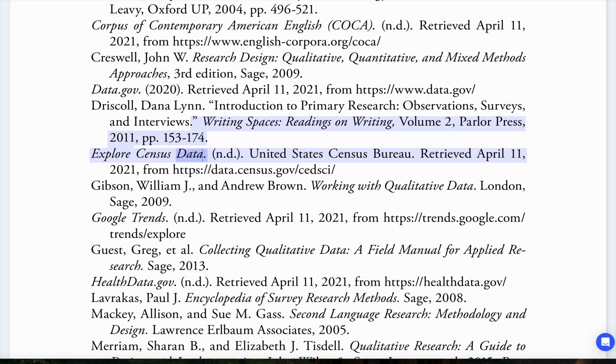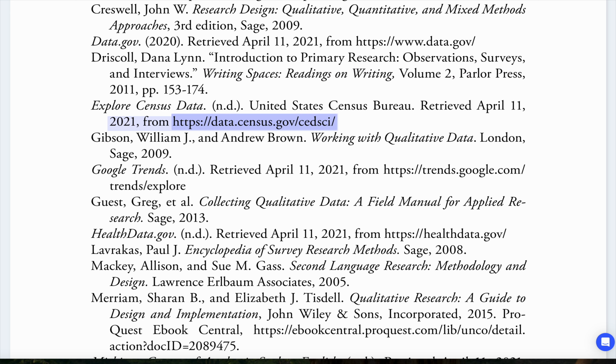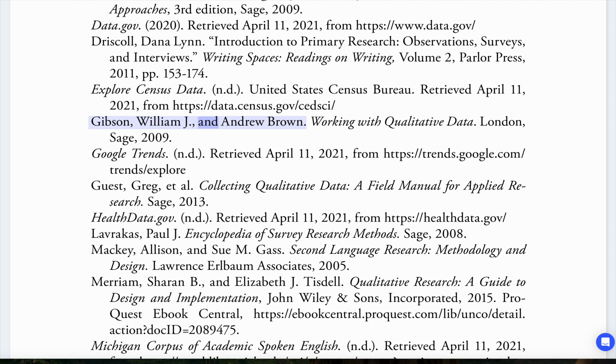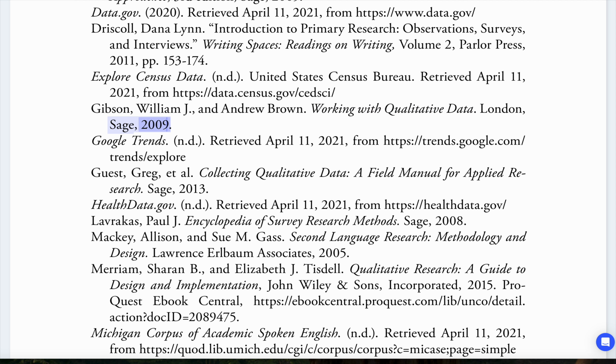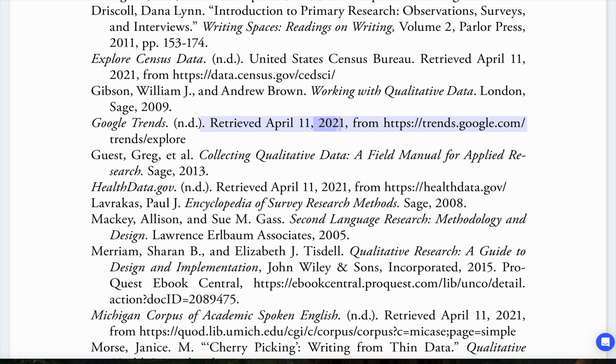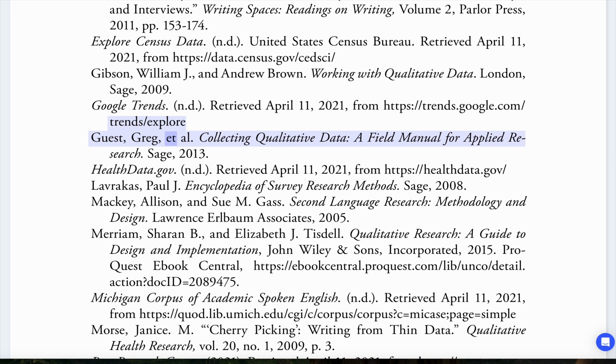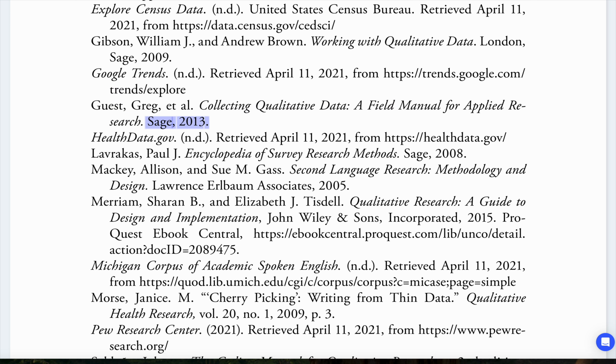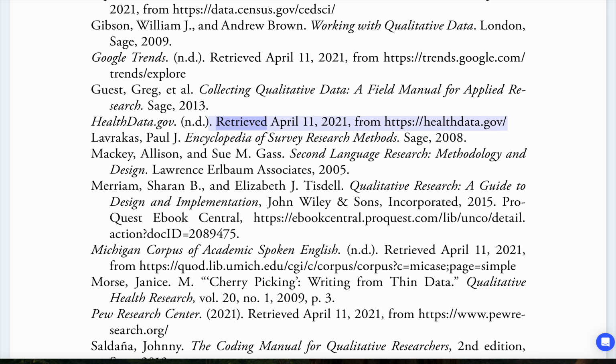153-174. Explore Census Data, n.d., United States Census Bureau, retrieved April 11, 2021, from https://data.census.gov/. Seitzel, Gibson, William J., and Andrew Brown, Working with Qualitative Data, London, Sage, 2009. Google Trends, n.d., retrieved April 11, 2021, from https://trends.google.com/trends/explore. Guest, Greg, et al., Collecting Qualitative Data: A Field Manual for Applied Research, Sage, 2013. Health Data Gov, n.d., retrieved April 11, 2021, from